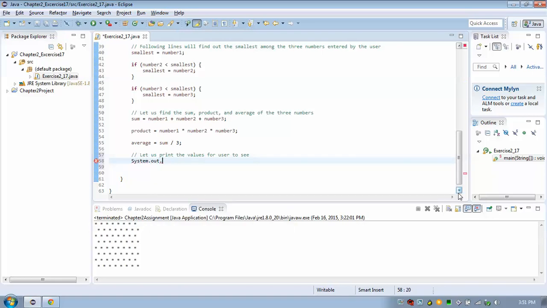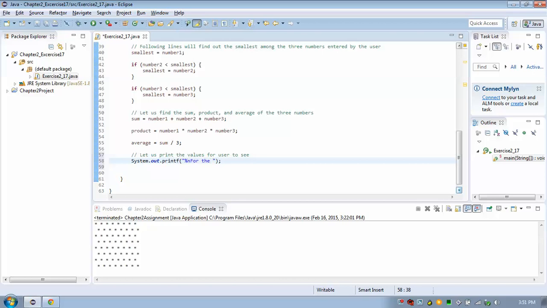To display the information, we are going to use System.out.printf, with the letter F to say format. We are printing in a particular format. We'll enclose everything in double quotation marks and end in a semicolon. To start everything afresh in a new line, we will use %n, which says, before printing, move the mouse to the new line. We'll say